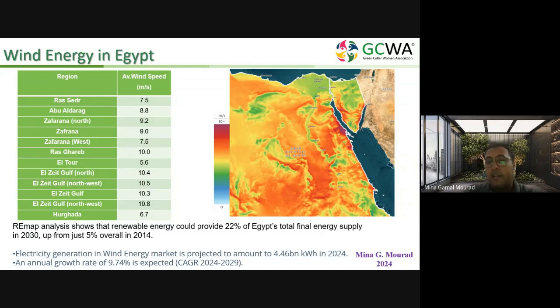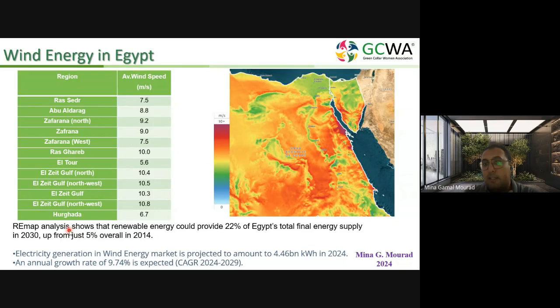Actually, according to REmap analysis, renewable energy could provide 22% of Egypt's total energy supply in 2030. It is Egypt's plan to 2030. Up to 2014, the wind energy market share was just 5%. But according to the analysis and our plan to construct new wind farms, we can make a good contribution from wind energy in Egypt,